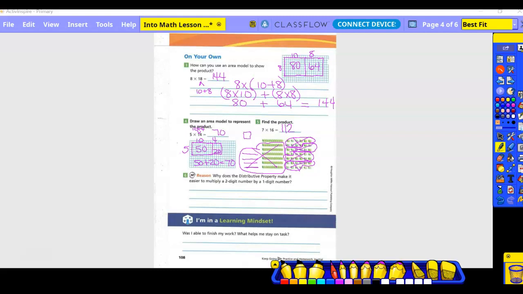Okay, so we're just going to discuss number 6. Reason, why does the distributive property make it easier to multiply a 2-digit number by a 1-digit number? So it's like this on number 3, it pulls it apart. And what does it do? It breaks it into what? Smaller numbers that you guys are used to working with, right? Okay, and then it's easier to do little steps and then